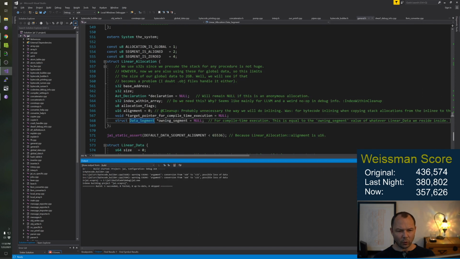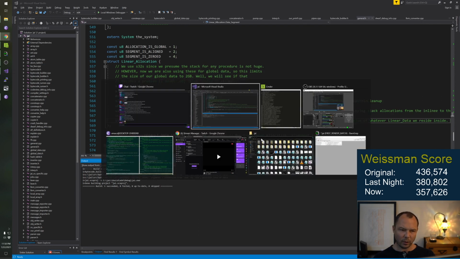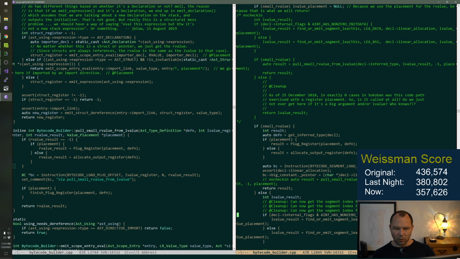We didn't get as much in terms of gains as I wanted, but I think that's because there are other places in the source code where we can do this. This isn't the only one.